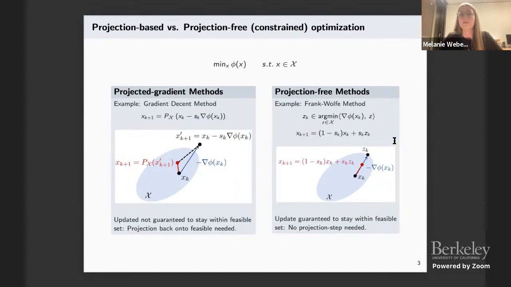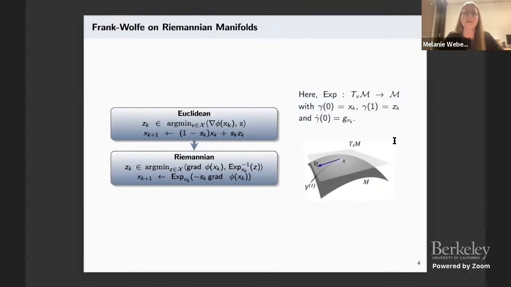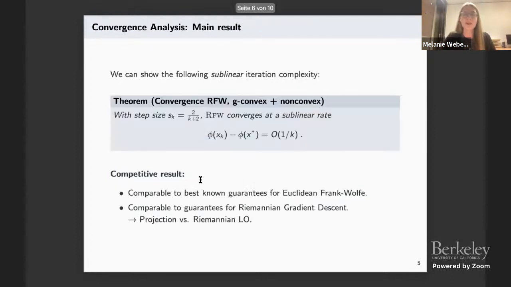along that line. Now, if we move this idea to the Riemannian setting, we can write down a generalized linear oracle, so a generalized subroutine, which has the same algorithmic idea. And then instead of performing that linear interpolation, we are now constructing a geodesic with the starting point being our current iterate, and then the endpoint being that point zk that is returned from our linear oracle. And this Riemannian equivalent of the Frank-Wolfe algorithm